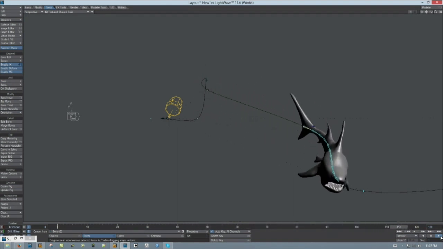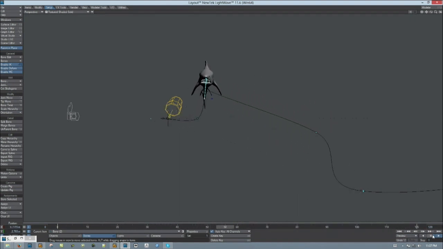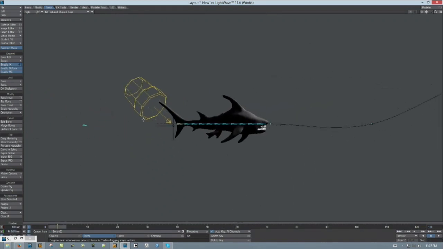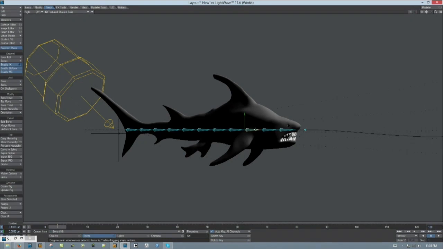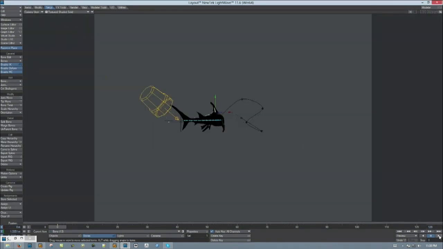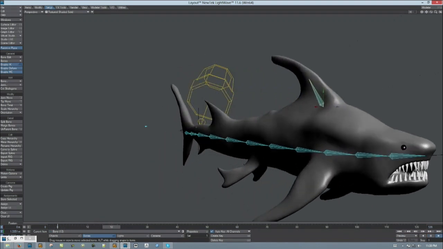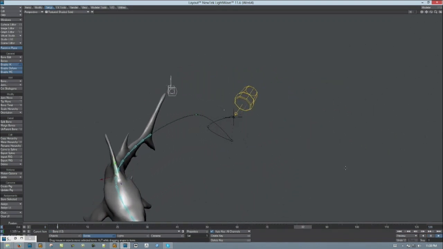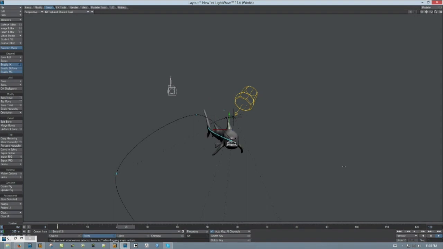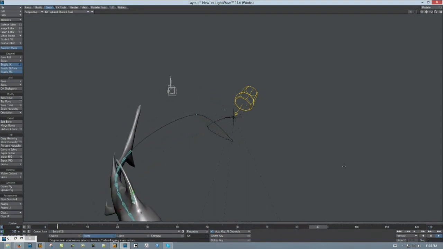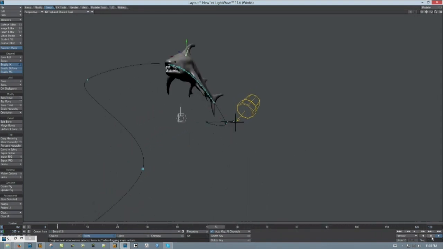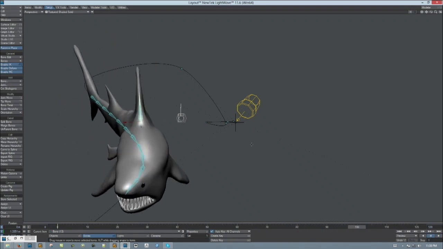dorsal fin to be deformed so much, of course we can add another bone, an anchor bone. Okay, and now we will see in the animation that only the part where the bone is not present is deforming according to the spline. So that was extremely easy to set up. Of course,